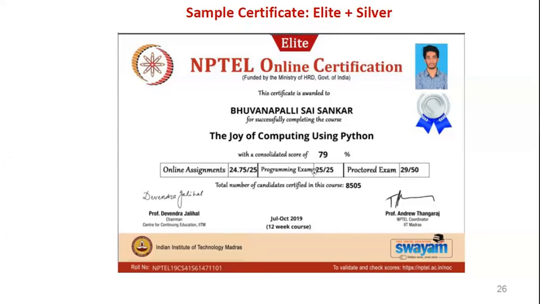That programming exam you have to take at your end only, at your home or wherever you are sitting. They will give the link and the date and duration. They will give one 3-hour duration, morning or afternoon. You can choose any one slot, then complete it through the link provided by NPTEL. So this is the silver category certificate.